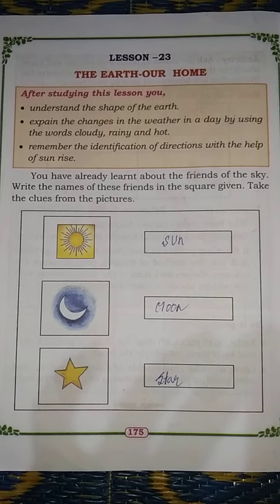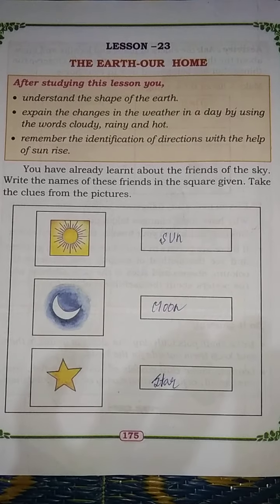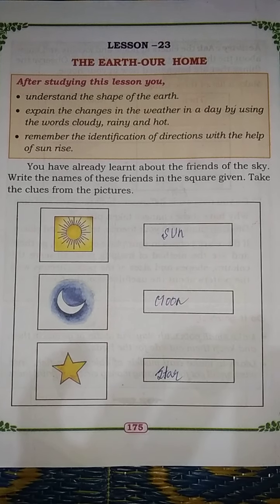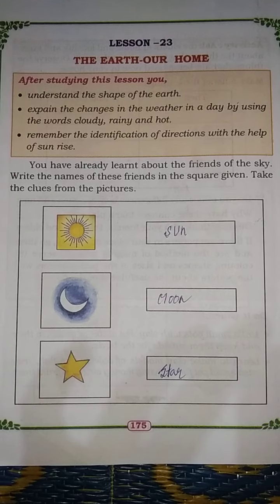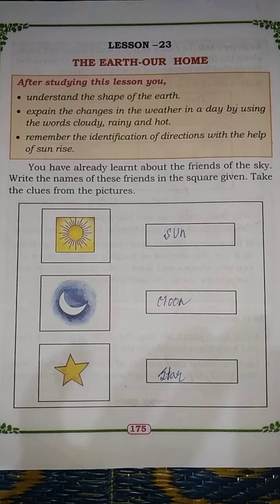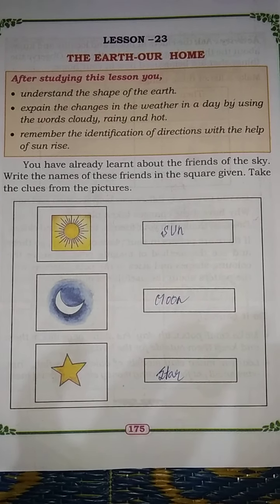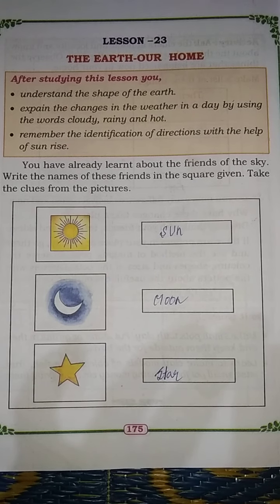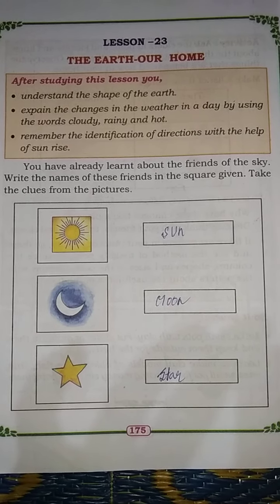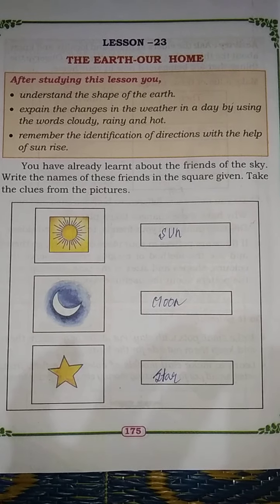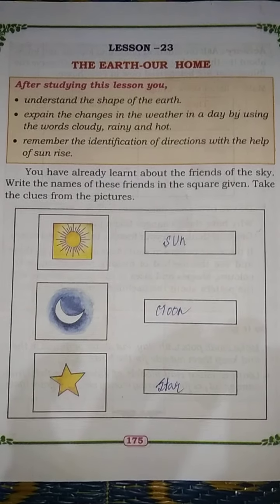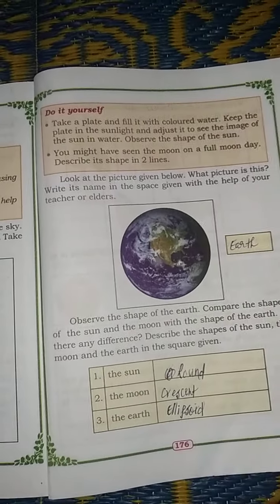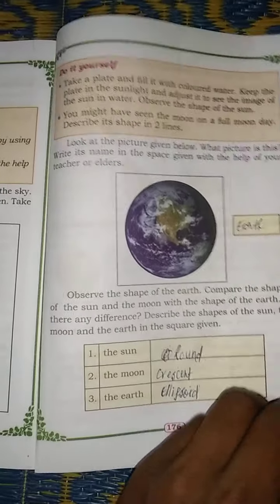Good morning, children. Today we are going to start a new lesson, the earth, our home. In this lesson, we will learn to understand the shape of the earth and also changes in the weather in a day by using the words cloudy, rainy, and hot, and also identification of direction with the help of sunrise, and also the shape of the earth, the shape of the moon, the shape of the sun,